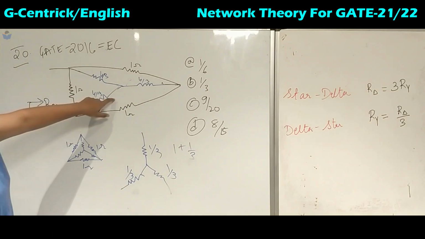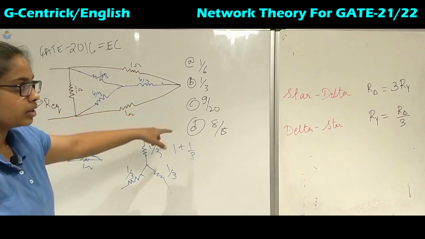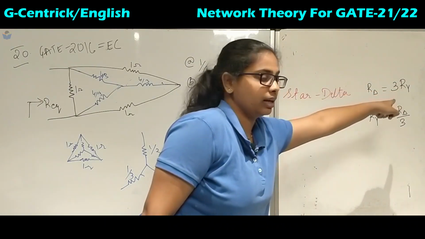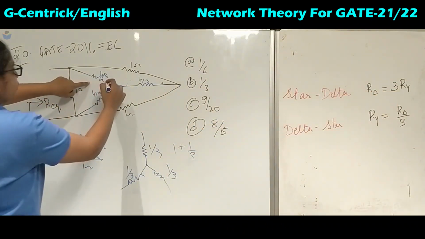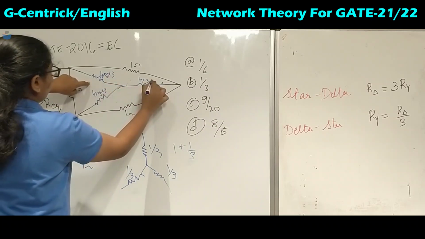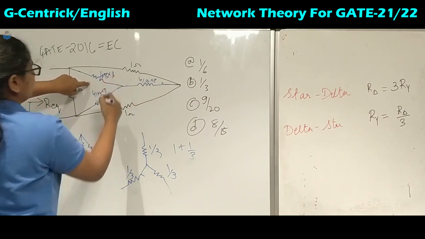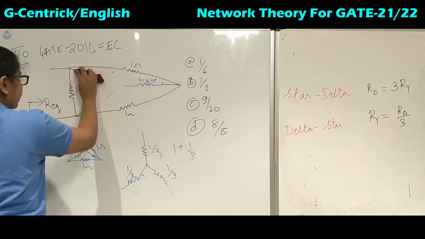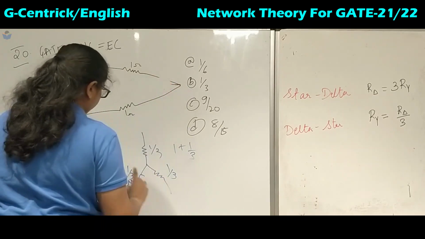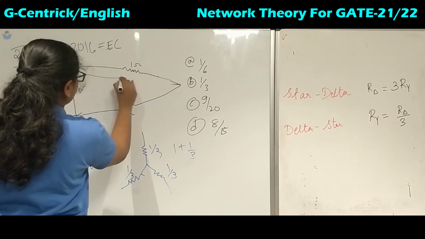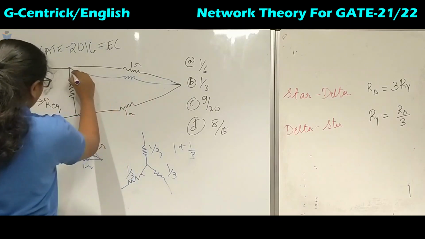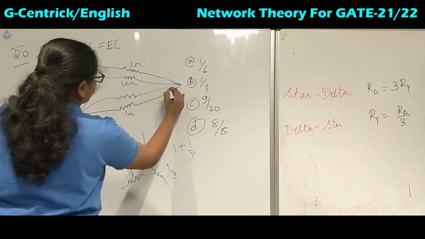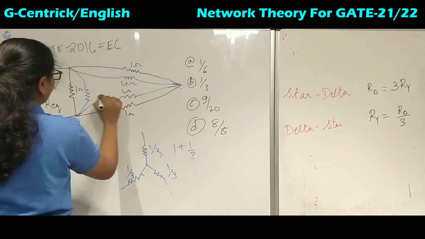So now we have to convert this star to delta connection. Okay, so to convert star to delta, what we have to do? Multiply it with 3 times. So this is the star connection. When you multiply it with 3 times, what value you will get? This 3, this 3, this 3 get cancelled, and it is 4 ohm. So we can rub this. So this is 4 ohms. Across this we will get 4 ohms. Okay, so this is same way, 4 ohms, 4 ohms, 4 ohms.